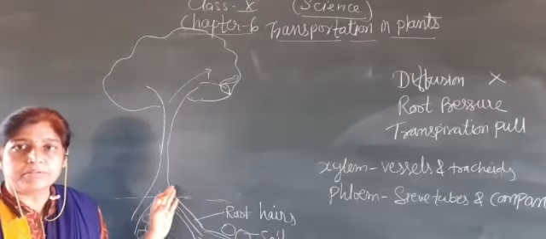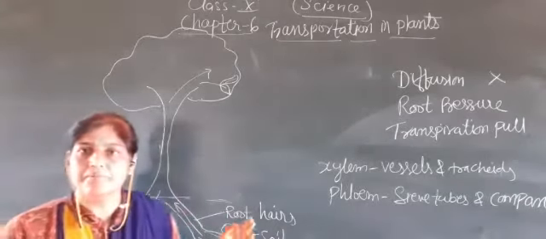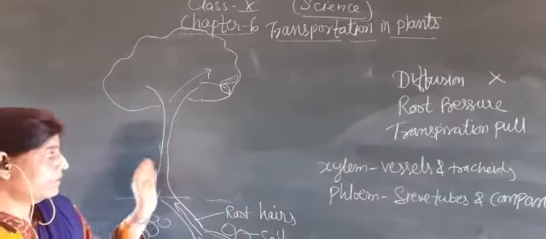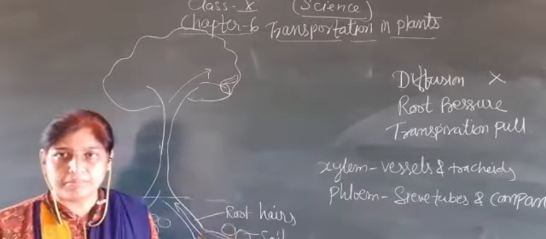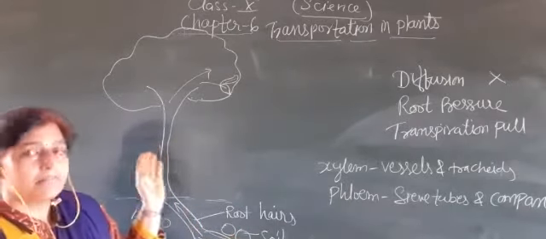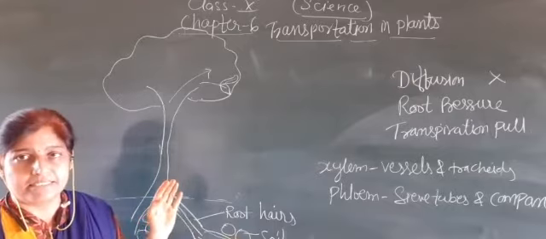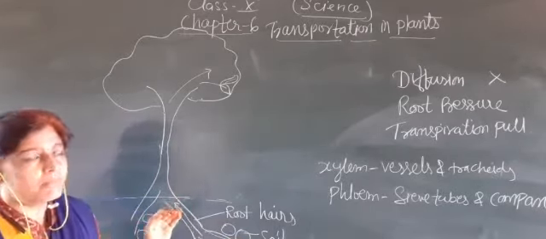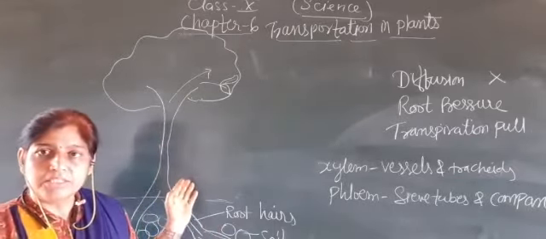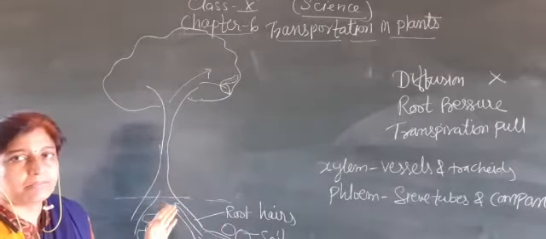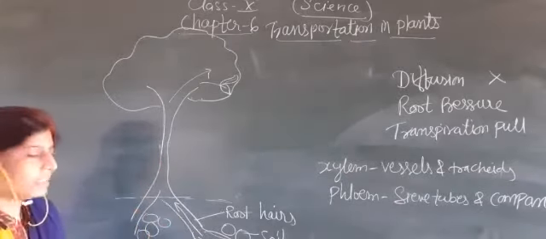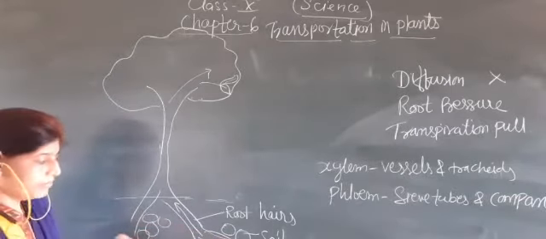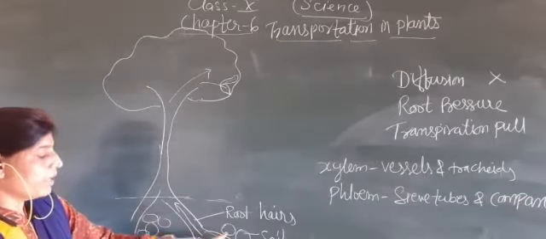A very slow type of transporting system is found in plants because the energy need of a plant is very low. Plants don't move from one place to another, and many of the cells of plants are dead cells. So there is no need for much energy. A very low amount of energy is needed by the plant. So a very slow transporting system is found in the plant compared to human beings, which we discussed.